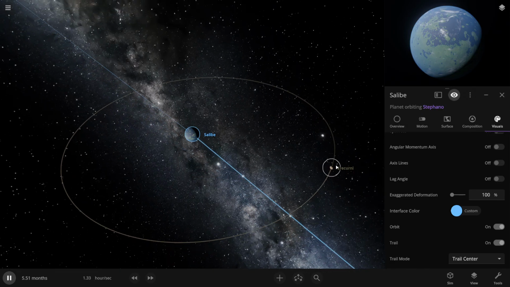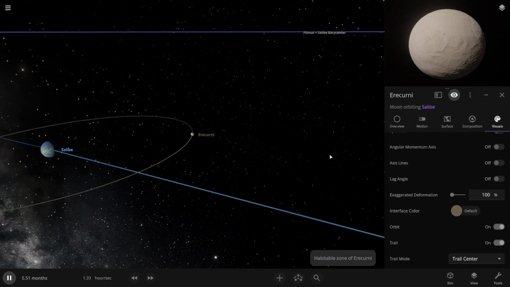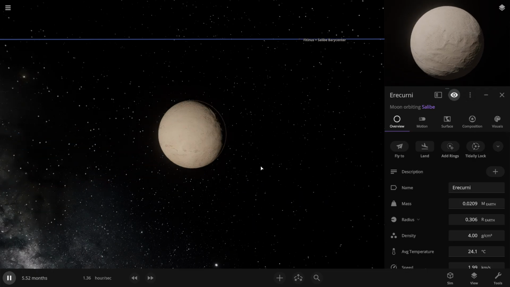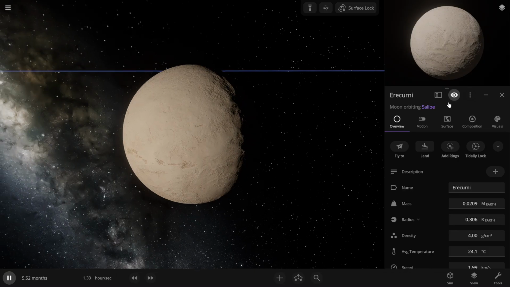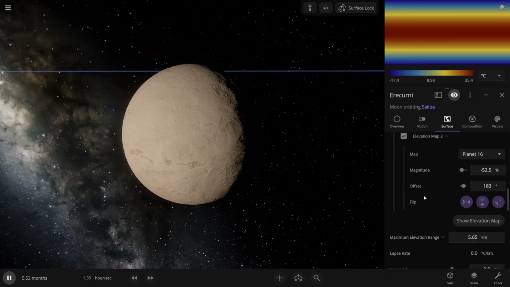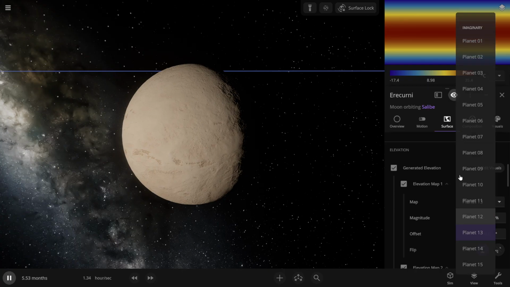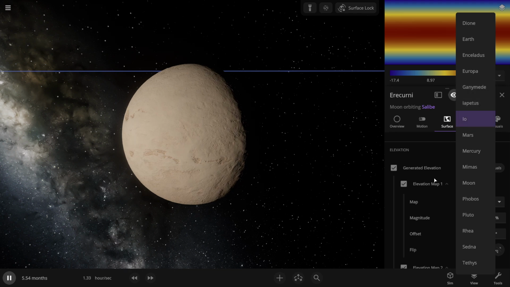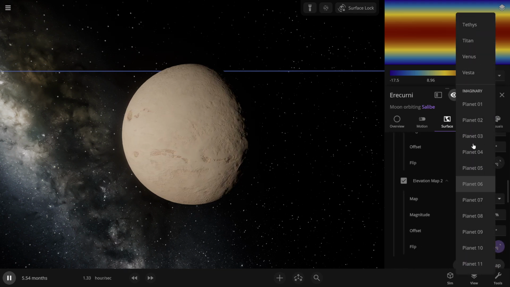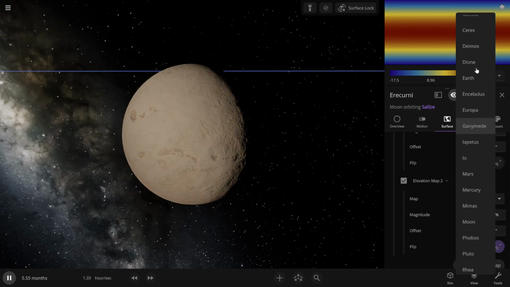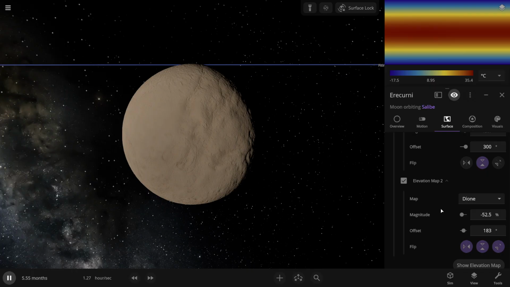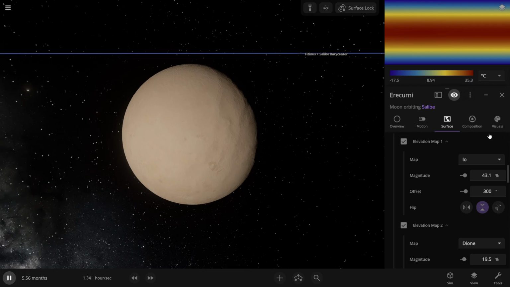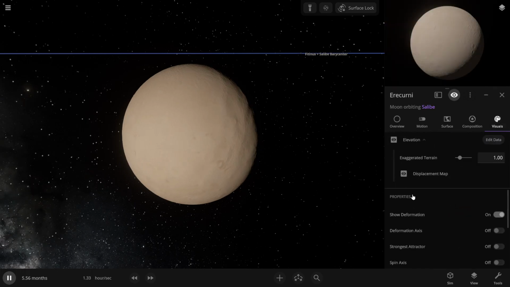Nice. And it's kind of being pulled at the equator because of its rotational period. So the surface, since this moon is kind of related to the planet, I'm gonna give it an Io texture and then a Dione texture. Since this moon kind of came from the planet, it would make sense to do that, right? So